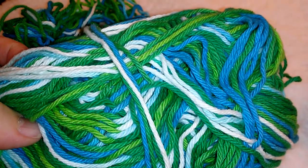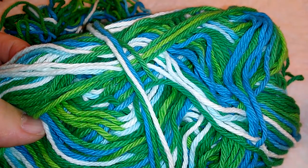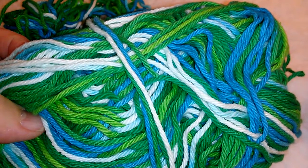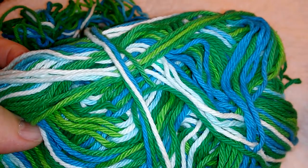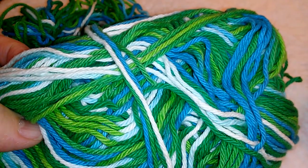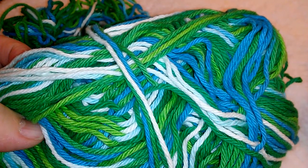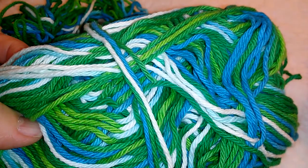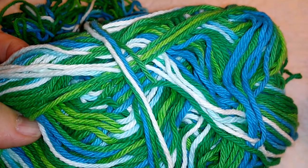I am going to do a short little tutorial on how to make a thermal hot pad for your kitchen. This is a very simple pattern or stitch once you get started. The first part can be a little tricky, but I have